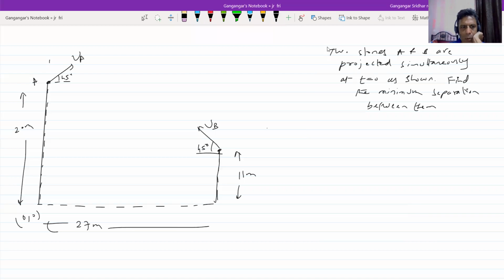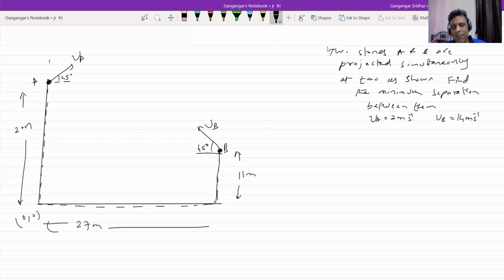Okay, the previous problem only, the same previous problem, sir. UA is equal to 2 meter per second, UB 14 meter per second. Gravity is present. Compared to the previous problem, both were at the same level. Here I changed the level. So one particle is projected from a height of 20 meter from the ground, the other from 11 meter. The speeds are given. This is stone A, this is stone B.